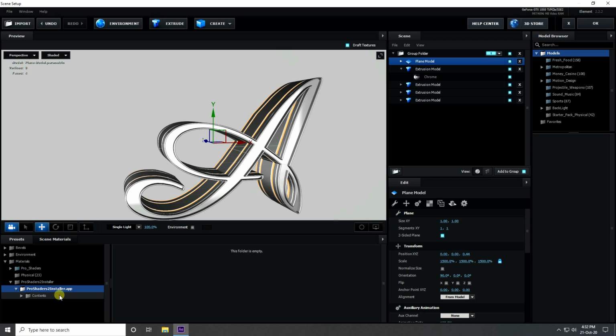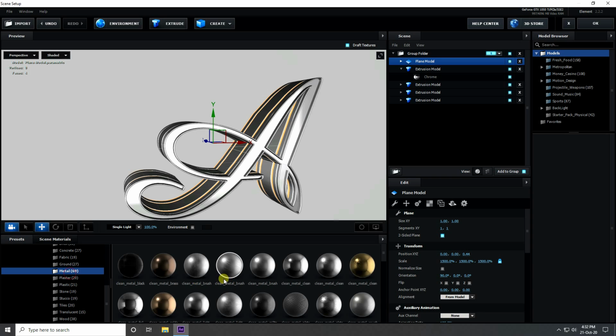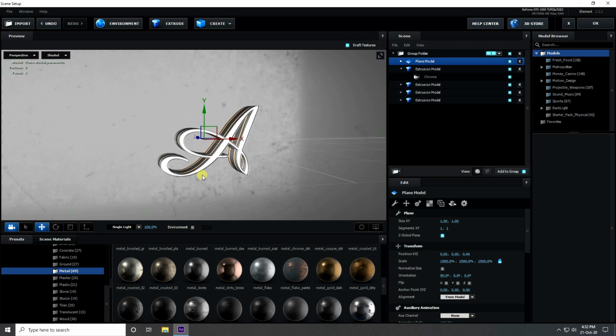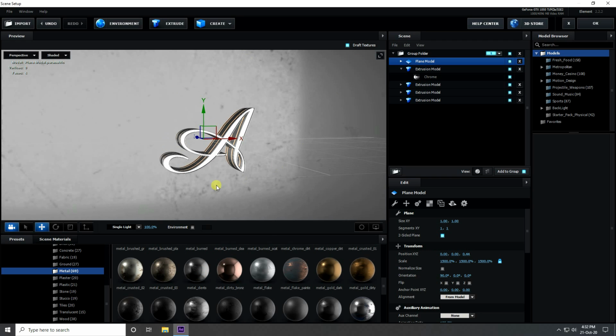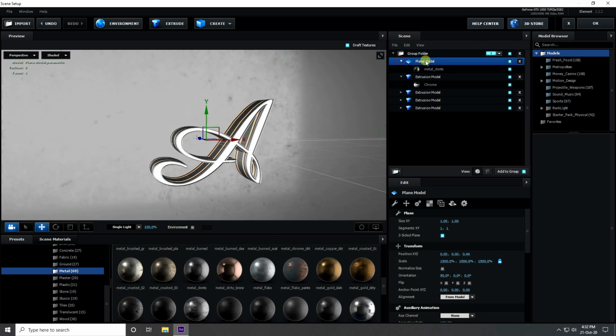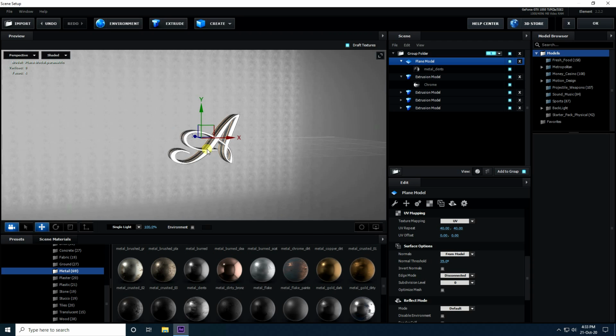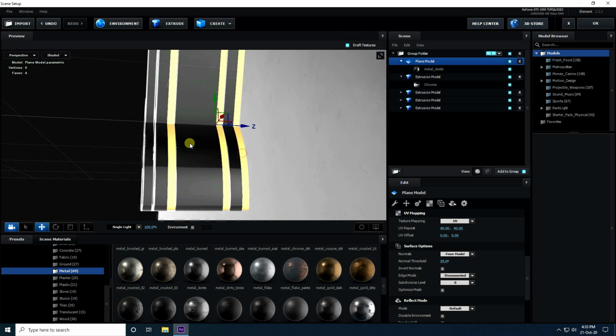So I use Pro Shader 2 material, go to metal and apply the metal material like this. And I change the metal plane UV to 40 and 40, better, right.